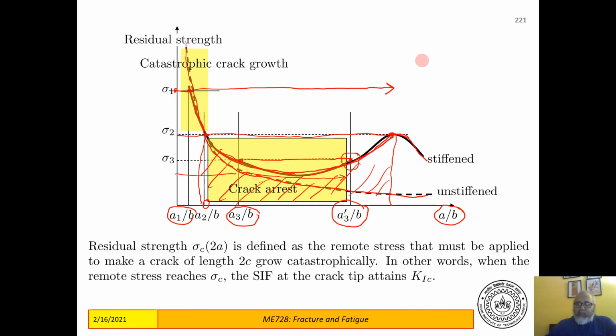Okay, so this is the mechanism of crack arrest, and then let's go to the next problem. I'll do that in the next round of